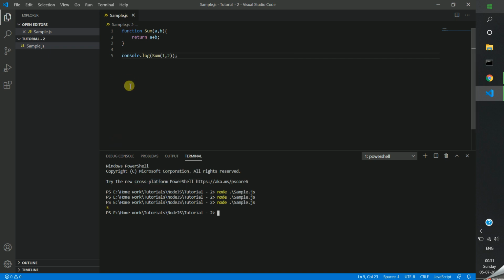Now we have this JS file. This file is considered a module in Node.js. Yes, each file is treated as a module in Node.js.